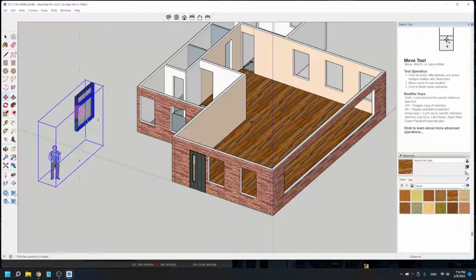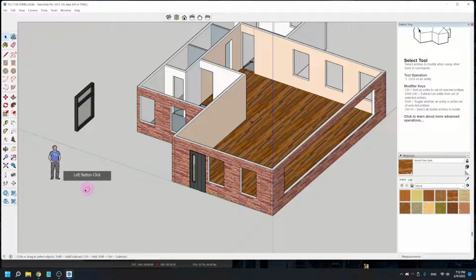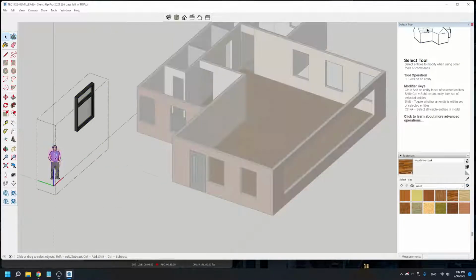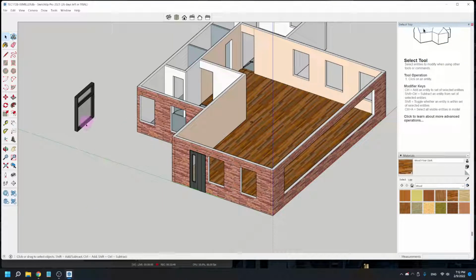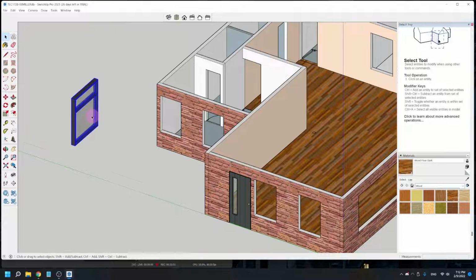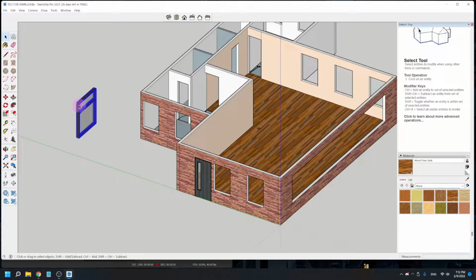And see, this one component came preloaded with this dude here, and I don't want this dude. So what I'm going to do is hit the space bar and then just click somewhere off of it to deselect it. Double click it. So now I'm editing this component, and I can click on this dude and then hit the delete key on my keyboard. And now he's no longer a part of it, which, sorry, sir. So I'm going to now take this window,